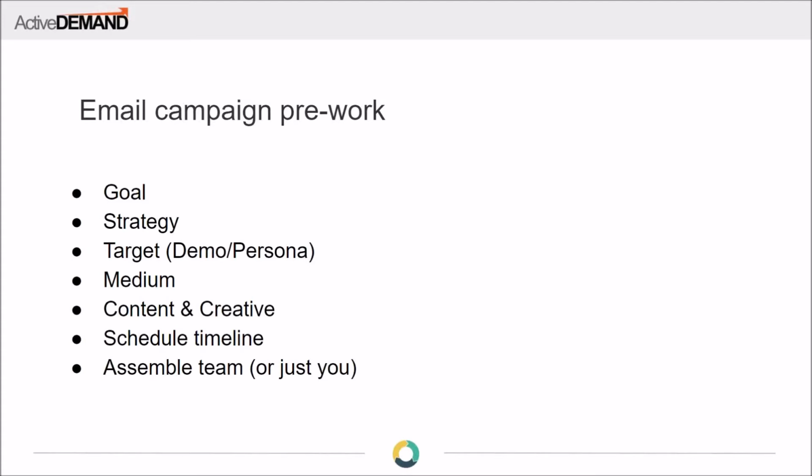So we have a goal. Let's build a strategy to accomplish that goal. Let's think about our target. Who's the demographic or the persona of the customer or prospect that we're trying to target? What's the medium? Well, in this case, the medium's email. That's easy. Then we can start building content and creative that dovetail in with the strategy and the